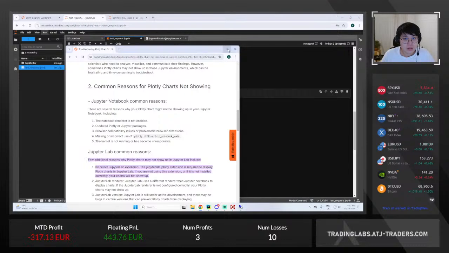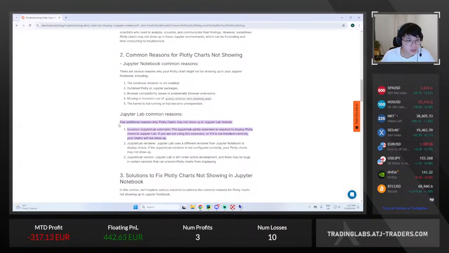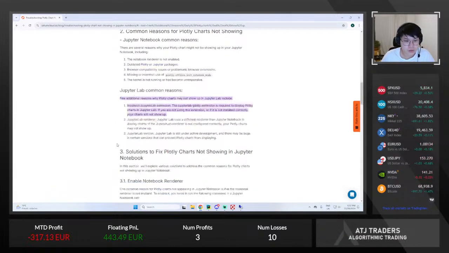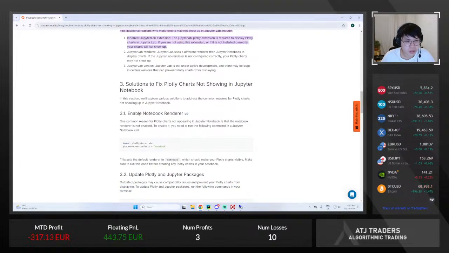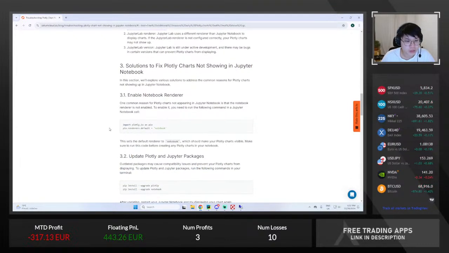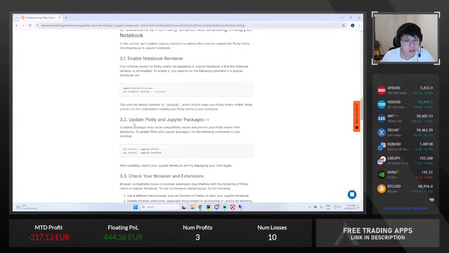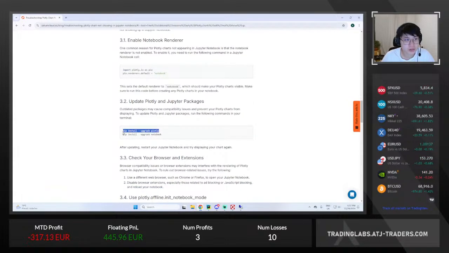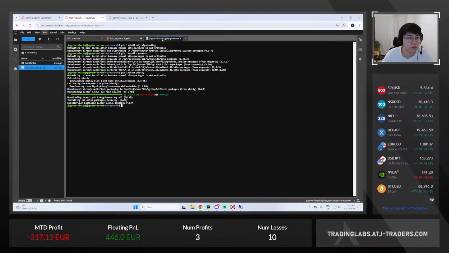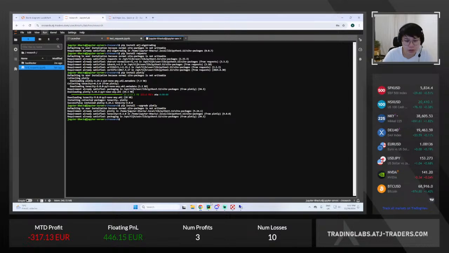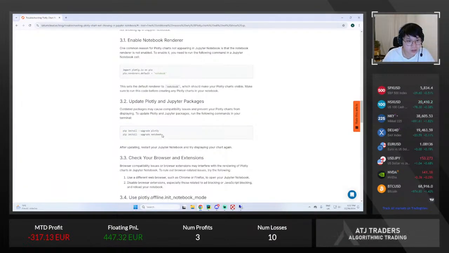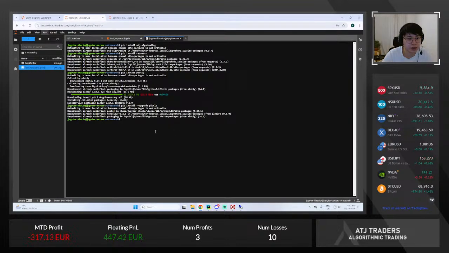Okay, so it seems like here we have JupyterLab common issues. There is a JupyterLab extension for Plotly. So how do we fix that? There's something called a notebook renderer, or I can just update the packages using this section here. So I'm just going to try this solution, and hopefully that will help us. And then here, this is pip install upgrade notebook. Otherwise I might need to create that import here. So